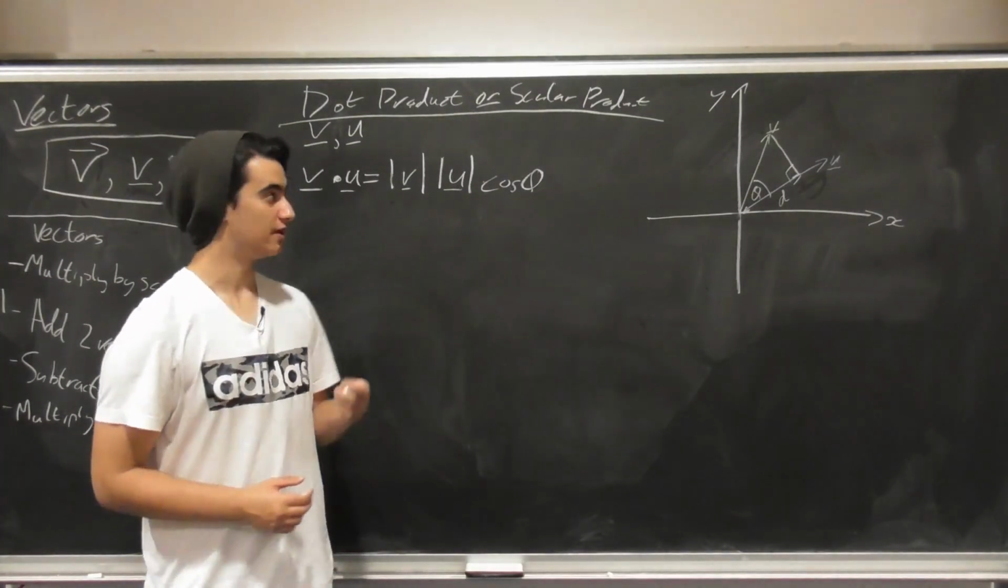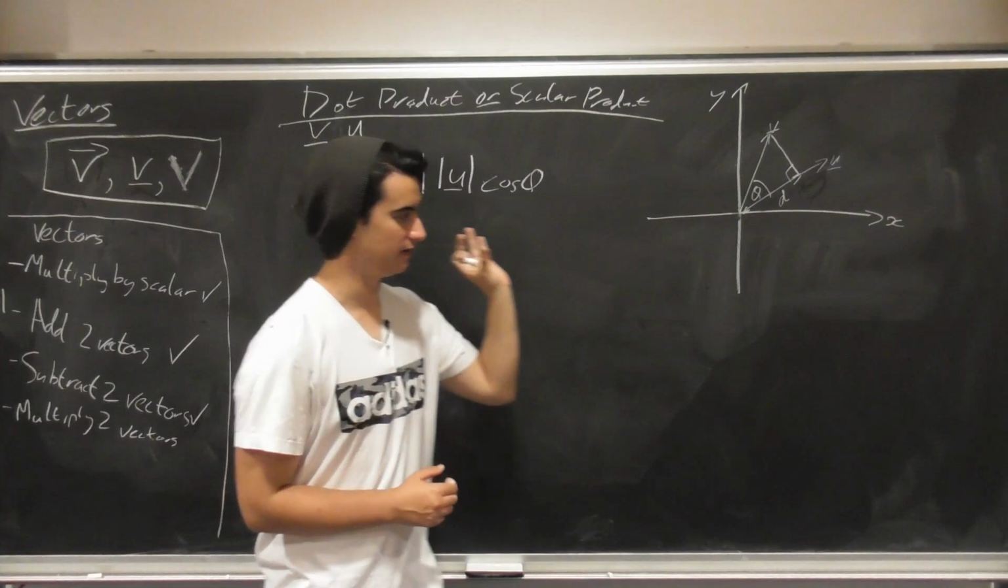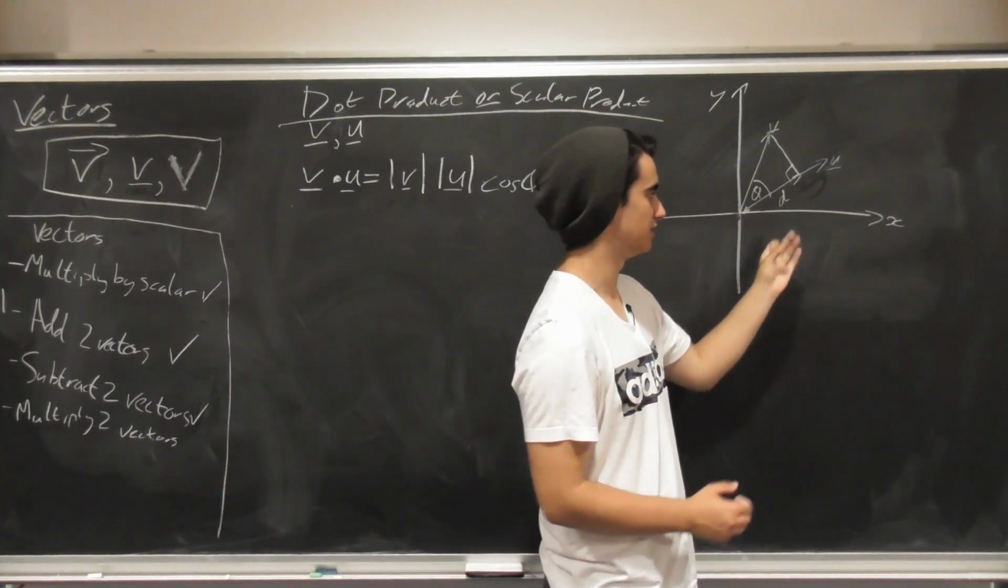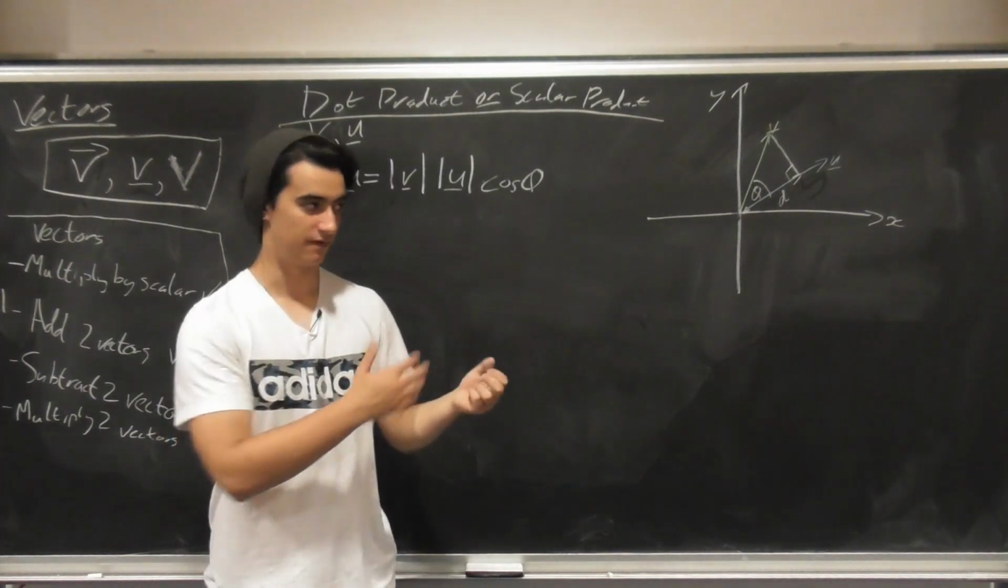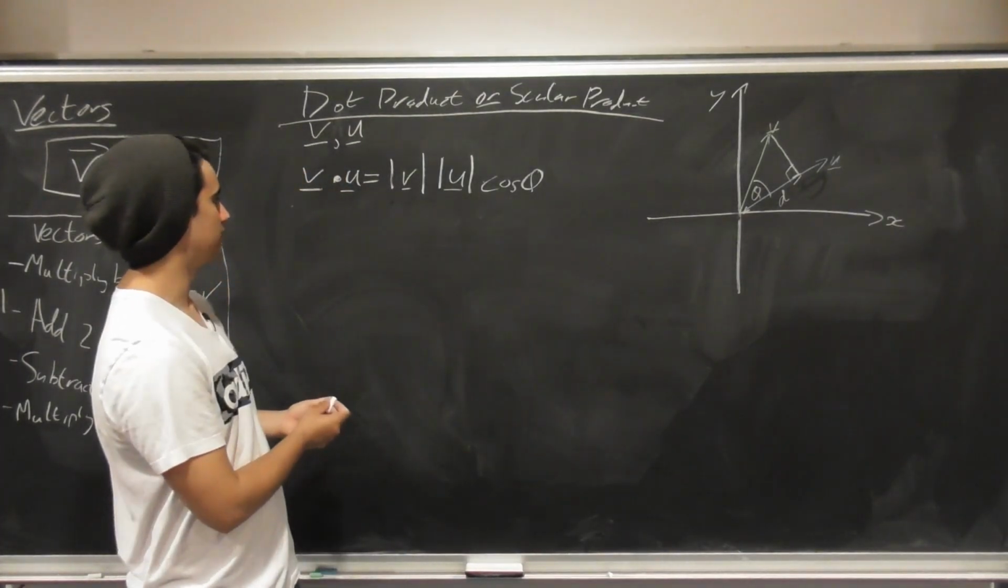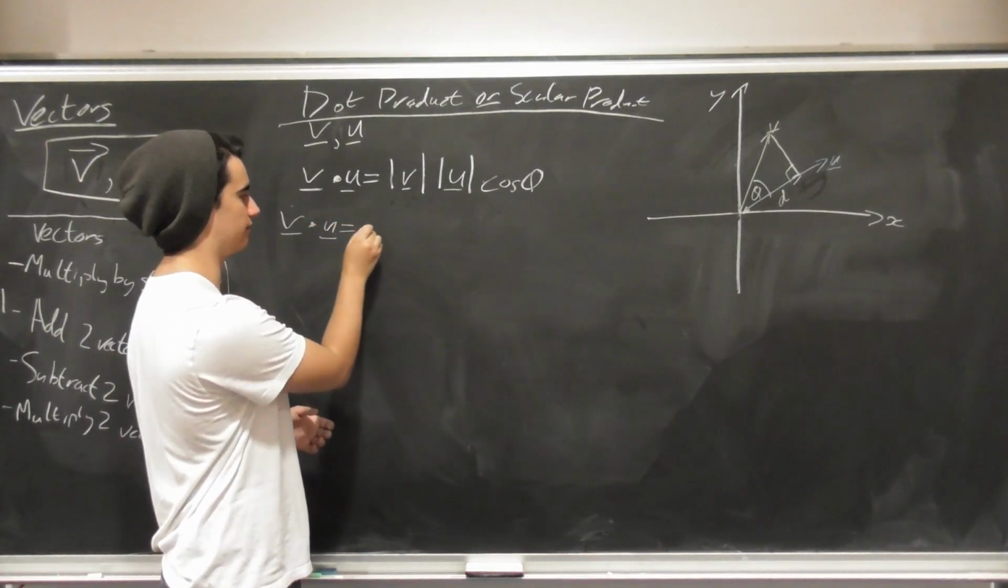Okay, so now that we've seen one way of calculating the dot product, and this is big in understanding it from a geometric or graphical sense, there's another way of defining the dot product. And although it might look a little bit scary at first,